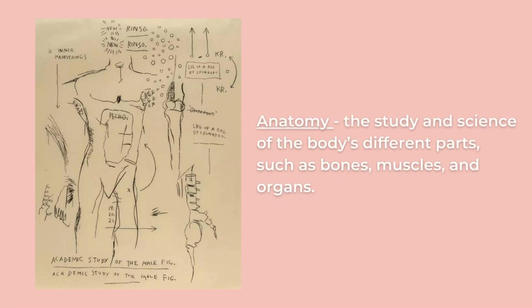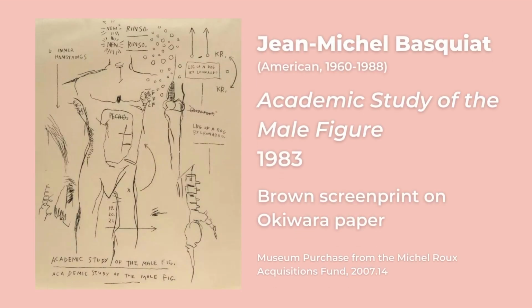Anatomy is the study and science of the body's different parts, like bones, muscles, and organs. This artwork, titled Academic Study of the Male Figure, is inspired by the study of anatomy. For example, on the right, Basquiat drew a skeleton knee from a human and the tailbone and back leg of a dog skeleton below. We can also see in Academic Study of the Male Figure Basquiat's mind map style of